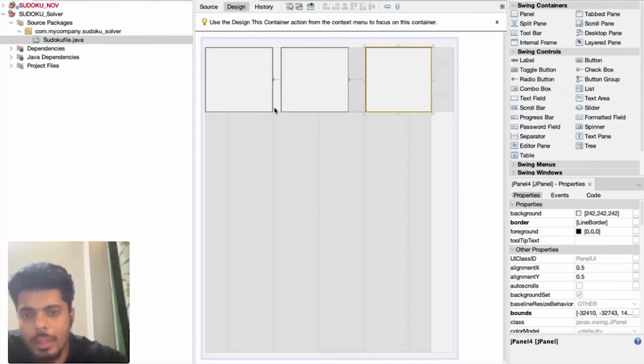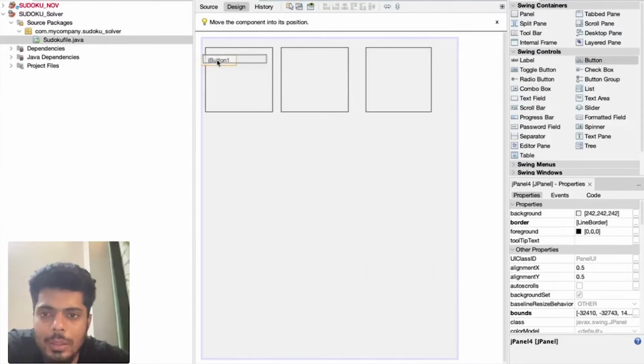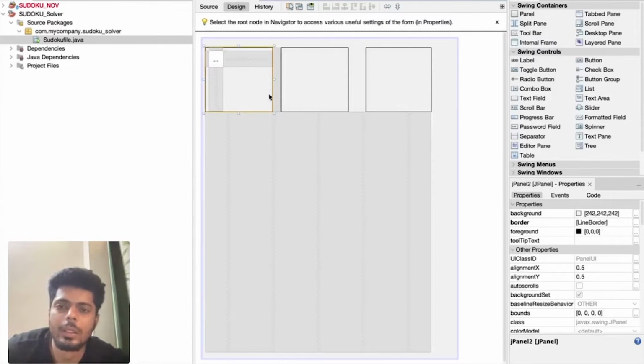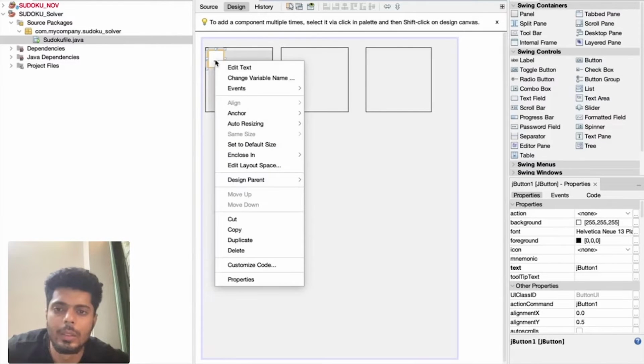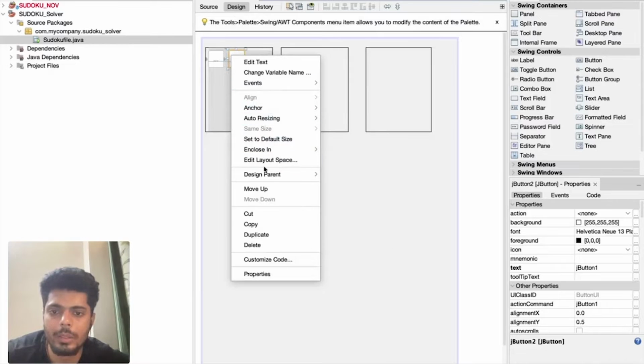Each of these grids will have buttons. Now, of course, we need to size the buttons according to the size of the grid. If we click on duplicate, the JButton is duplicated. Great. So we need duplicate buttons.